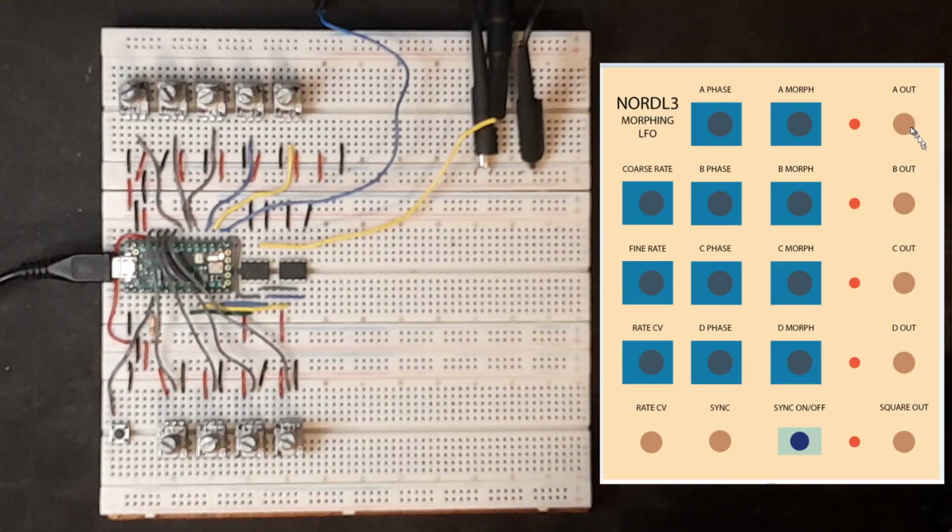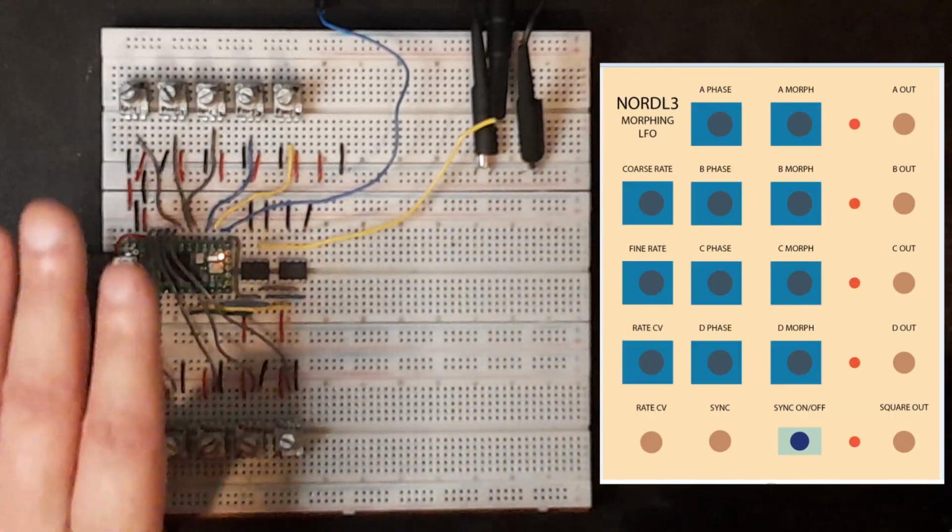I'm going to set the output of each of these to be bipolar so that they're compatible with Eurorack. And I'll probably use bicolored LEDs for this, so like say red when it's positive and green when it's negative or something like that. See how it goes.